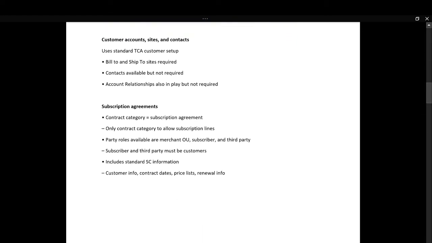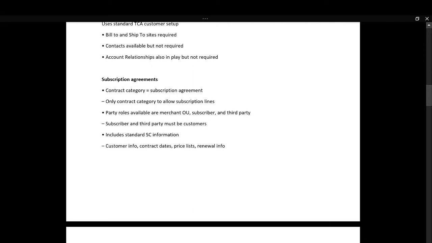The subscription agreement category should be subscription agreement, and allow subscription lines. Party roles are available. If you are going to create the subscription contract, merchant OU and subscriber, these two things are required. Third party is optional. If your sales channel has a third party, you can put that in.